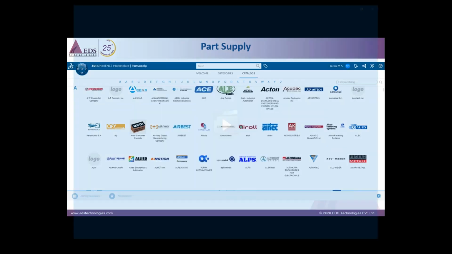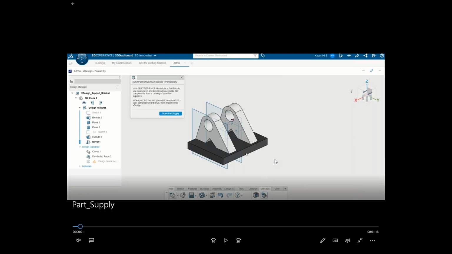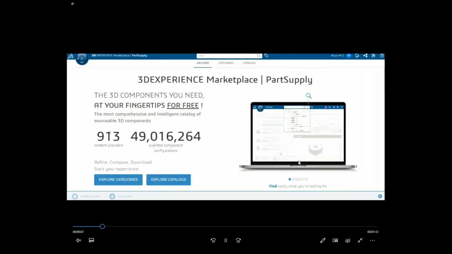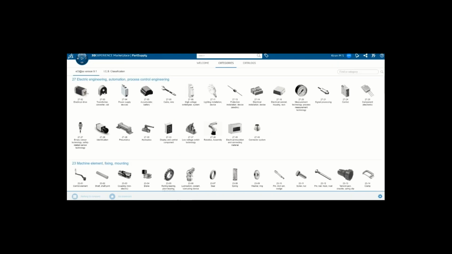Suppose you have one design and you want to order some components, but you don't know which component is going to fit, you want to validate it. This part supply will be useful for you, that all the models which are available with that particular OEM can be downloaded.